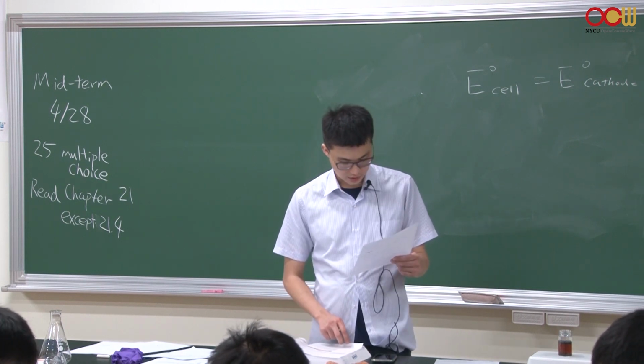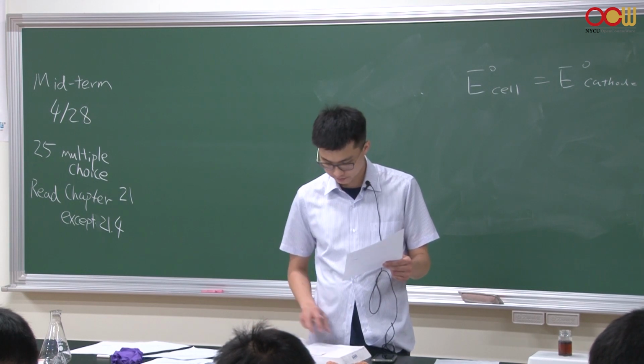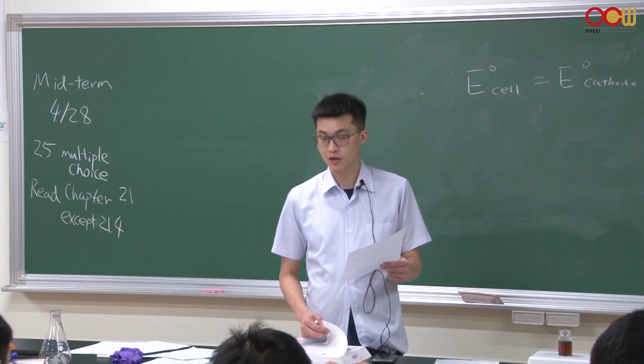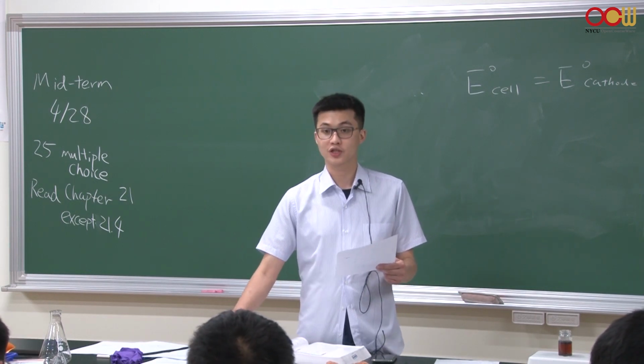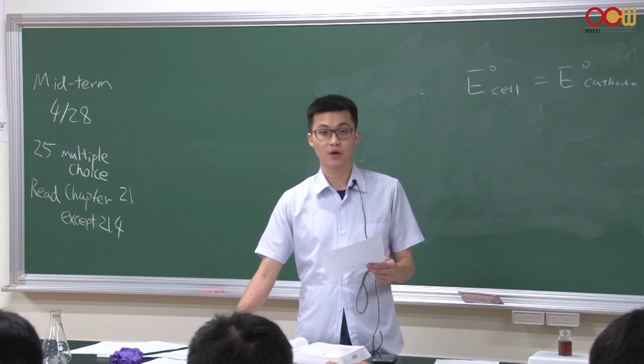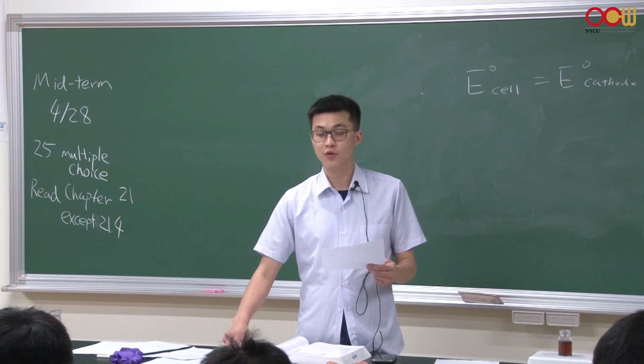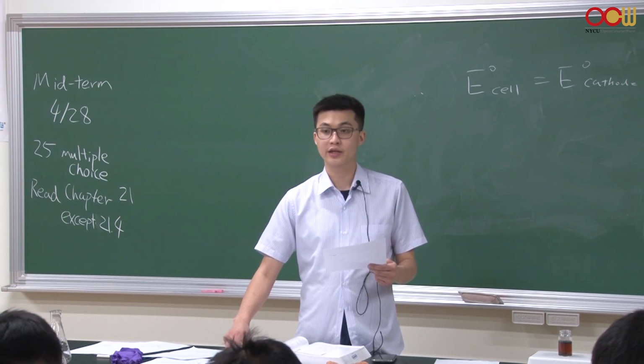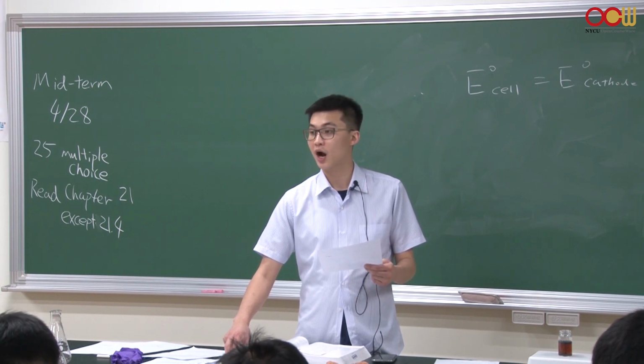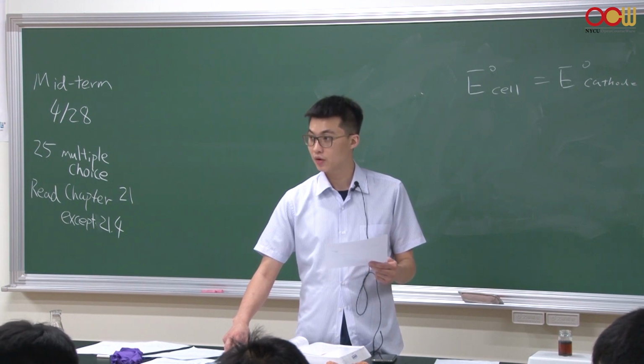Because in electrochemistry, we rely on these tables to understand the origin of electron flow. And then in your appendix, near the end of your book, there's a more comprehensive list of all different metals or